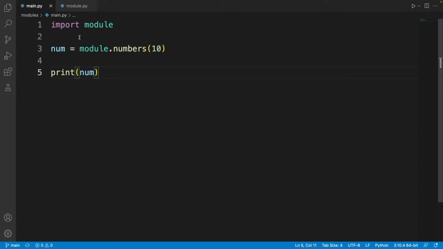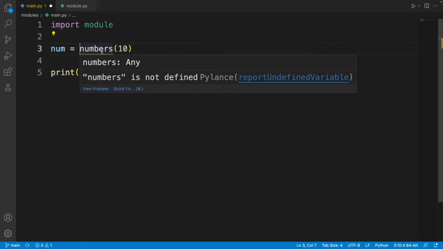So basically, when I type in import module, I'm telling Python to unlock the features from that module and allow me to use them. And then after I import my module, I need to type in module dot and then the method I want to use. So because the feature I want to use is the numbers feature, I needed to type in module dot numbers,